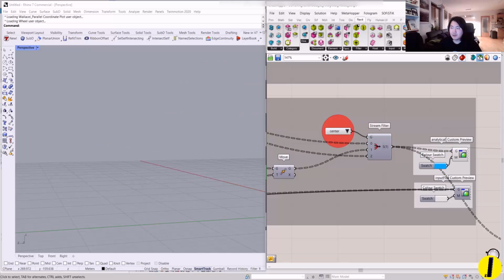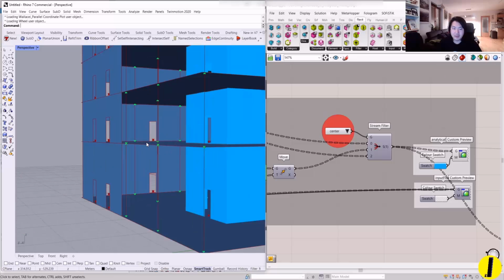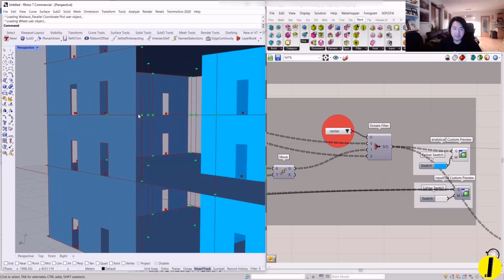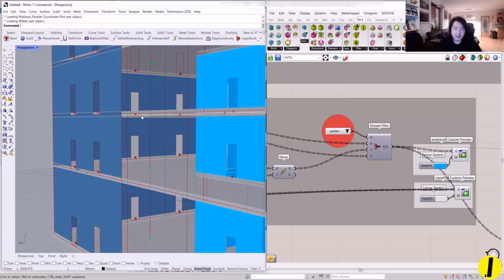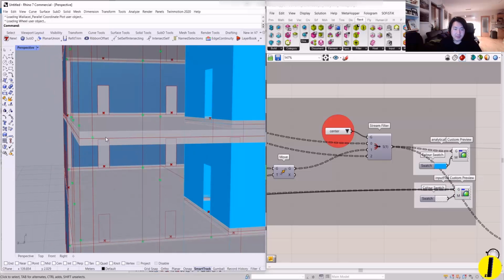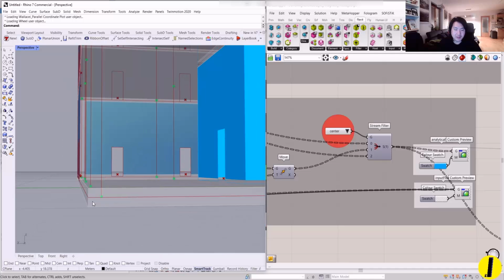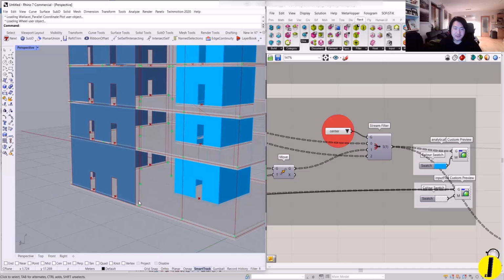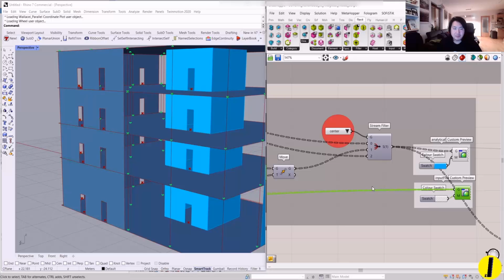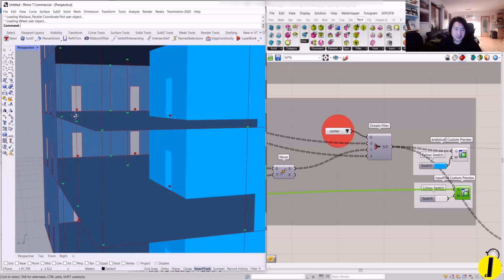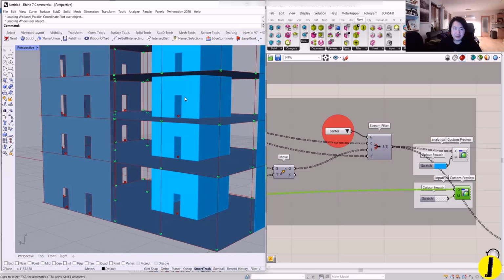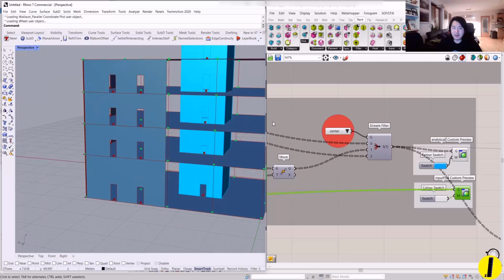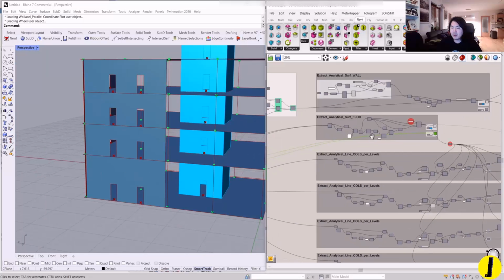And that result, if you look, these are all centralized. If I turn on this preview, they are at the center of the slab and foundation slab thickness, which is good because they connect to the analytical surface of the wall and perfectly match. And now the column